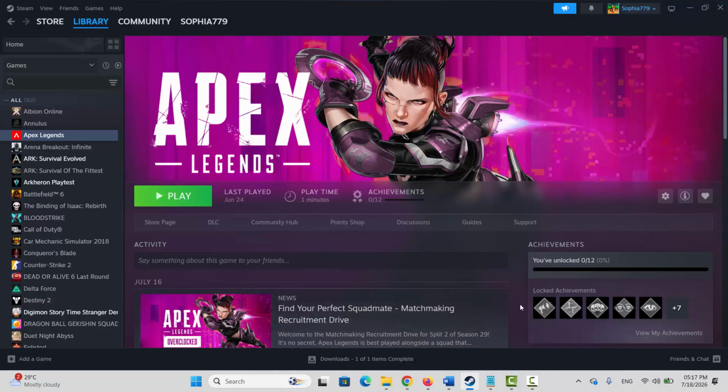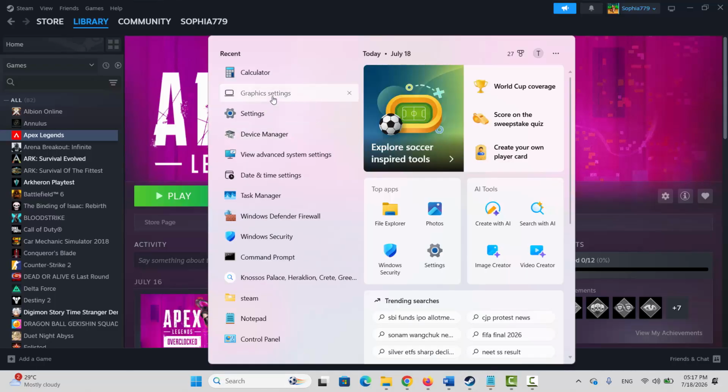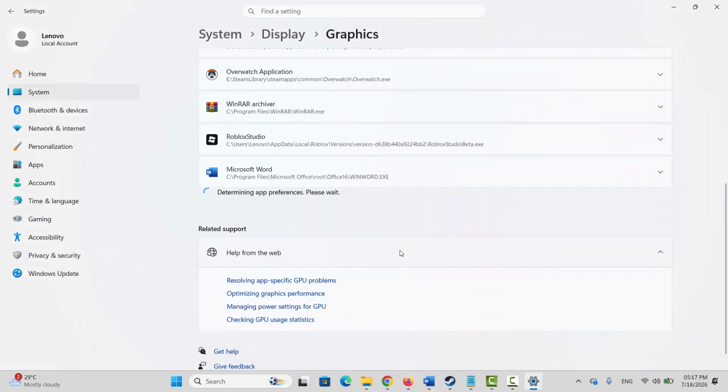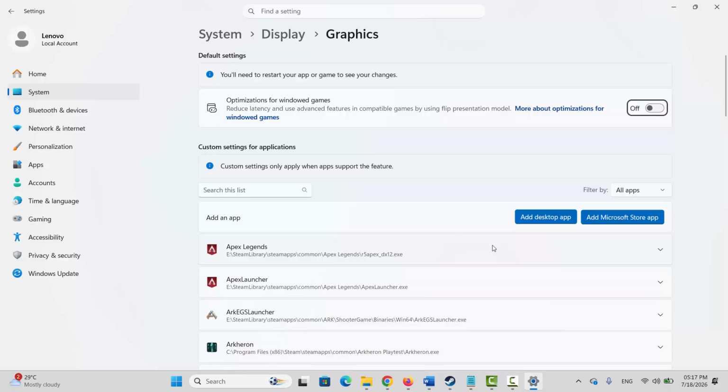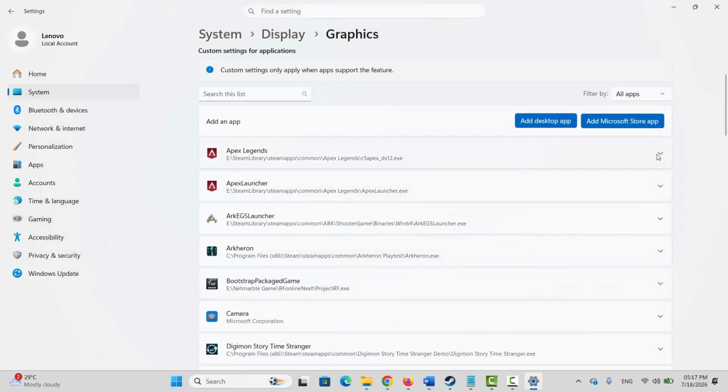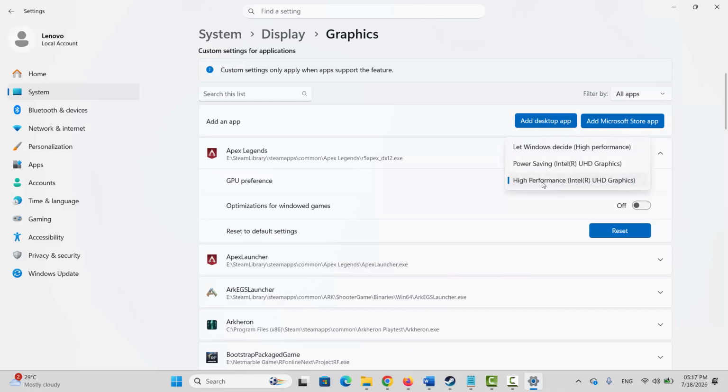If not, next method is to run the game on the dedicated graphics card. So for that, go to the search and look for graphics settings. Here you have to first add your game. So for that, click on add a desktop app. After that, you have to go to the game folder, select the application, and add it to the list over here. Once you add the game, click on the arrow icon. Under GPU preference, you have to select high performance, and once done, launch the game and check whether the game